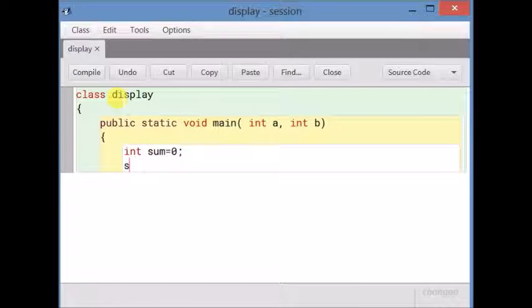Sum is equal to A plus B. Sum is a variable that will be holding the addition of the two numbers. Now displaying the result of the addition. So using the System.out.println, inside the double quotes I am writing "sum of two numbers